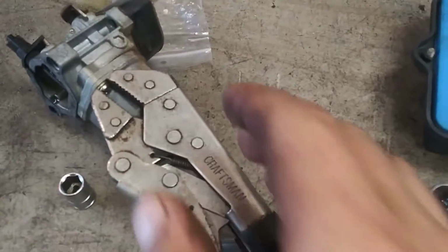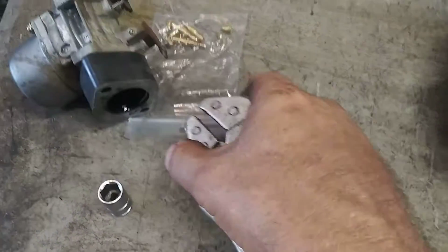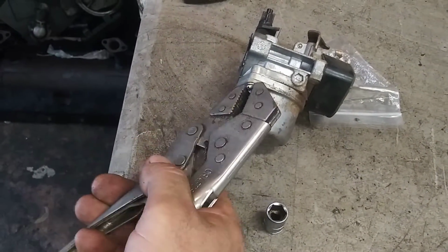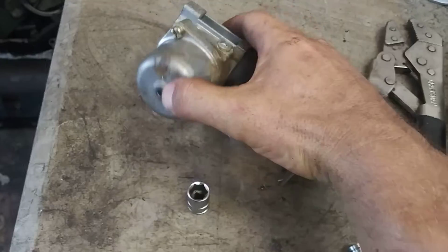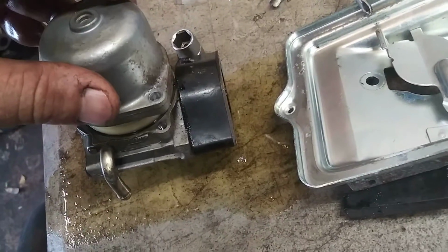Just another little trick to break these bolts free. You use a pair of vice grips. It's hard to do it with one hand, but you grab the bolt and then clamp it down and then twist it and break it free on both sides. Then you can use your Phillips head to actually unscrew it. Pull the bowl off